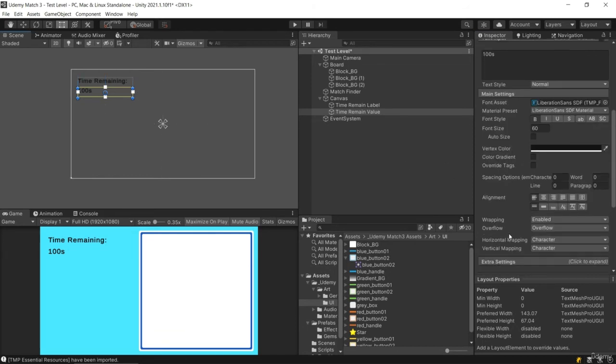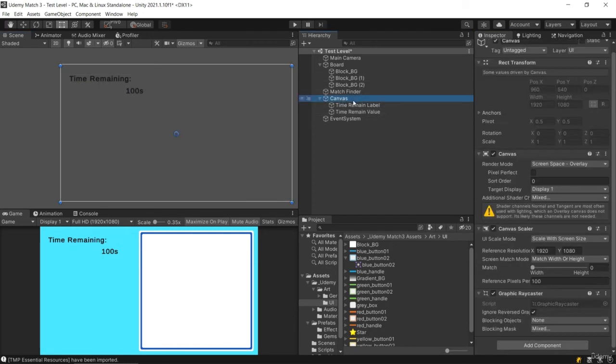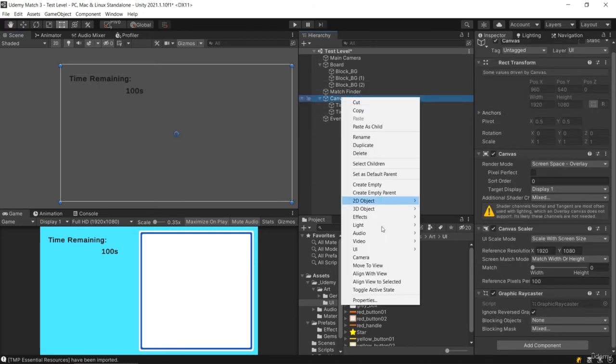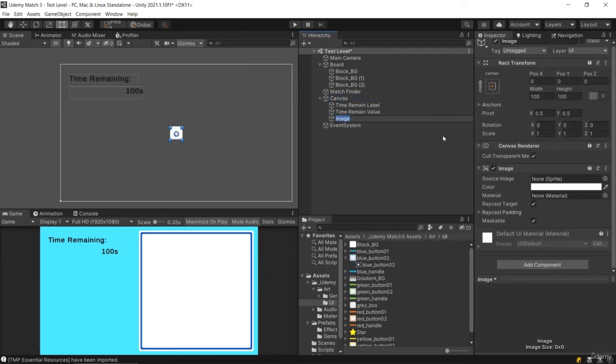Then I'm going to make sure that this one aligns over to the right hand side, like so. So these are kind of misaligned with each other, but that's perfectly fine. That's what I want to have happen, because then what we're going to do is add an image into this. So I'm going to right click, create a UI image, and we're going to call this label